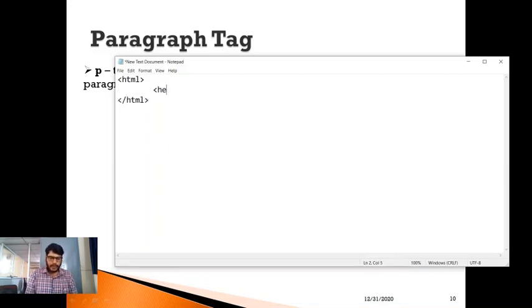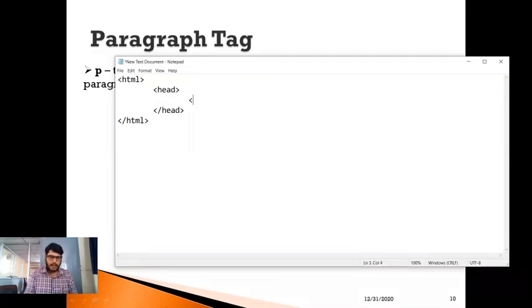So heading tag, closing heading tag. See how I'm going to write the tags. Inner tags will move towards inner position, because it becomes very easy to track where exactly I'm missing the closing tags. So that's why we need to write the tags in a similar fashion.